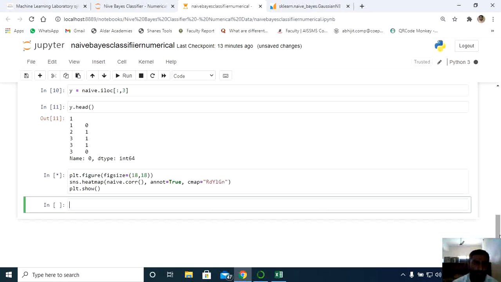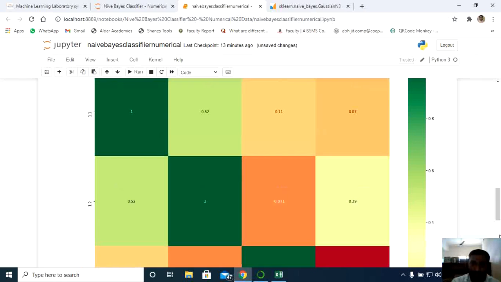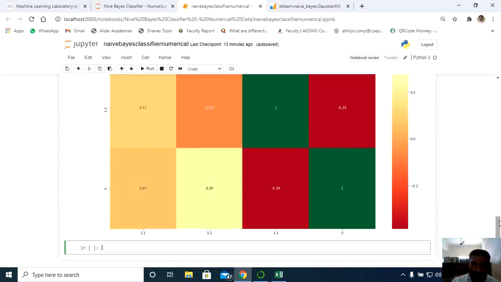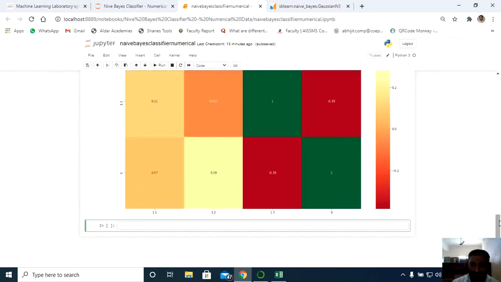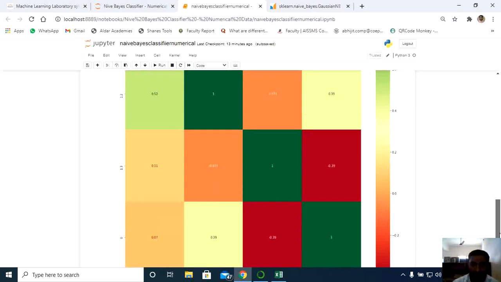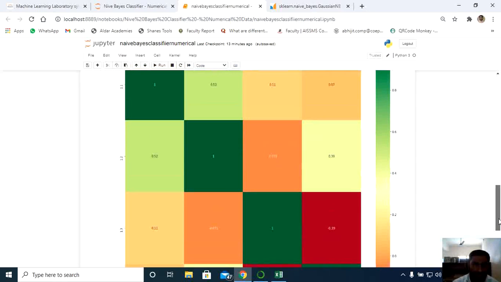Hold on. Yeah, I got the graph. Okay, so beautiful graph. So I can correlate now. What I have done here is, if we analyze the graph, I have kept all the features on the X and Y axis. Even I have the target function also. I'm not concerned about the target function. But if you check here,